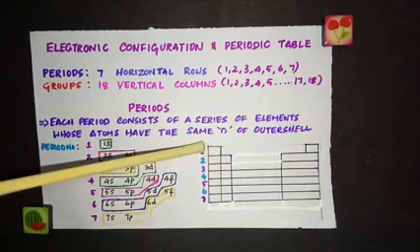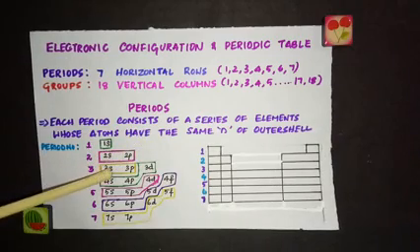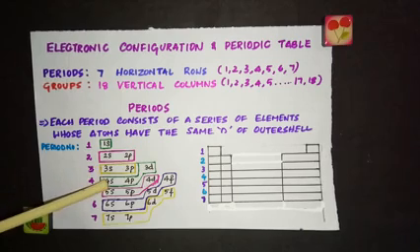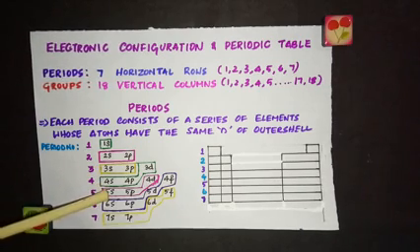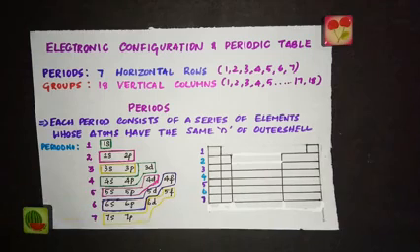So in the first period, the first shell is filled. In the second period, the second shell is filled. In the third, it starts with the third shell. In the fourth, see, it starts with the fourth. In the fifth period, the filling of electrons starts from a new shell, which is the fifth shell. In the sixth period, the sixth shell, and the seventh period, the seventh shell. So each period begins with the filling of electrons in a new energy shell. Now let's try to understand this in detail.